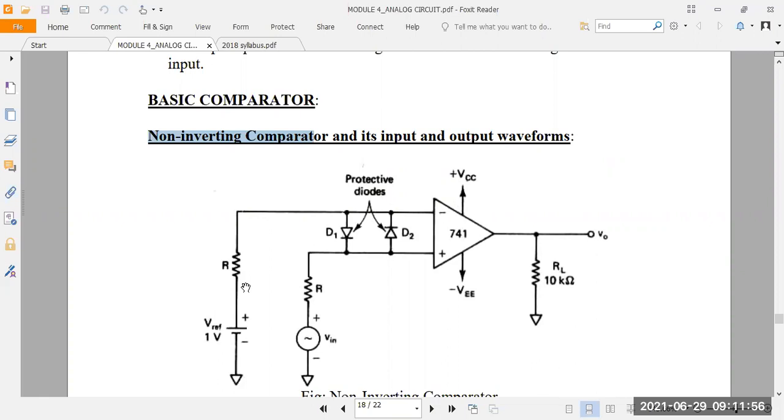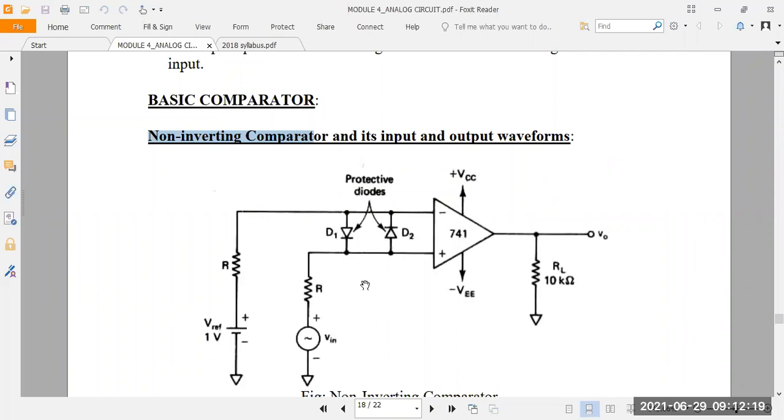I think you people have studied in clipping circuit, right? In the previous semester, there was an experiment, right? Double-ended circuit. Same thing they have connected here. D1 should be parallel with D2. The main thing is we want to detect the positive peak and negative peak in between the inverting and non-inverting terminal. That's why they have taken D1 and D2.